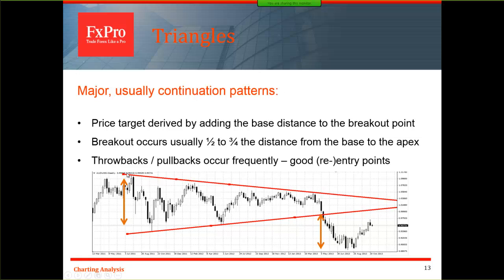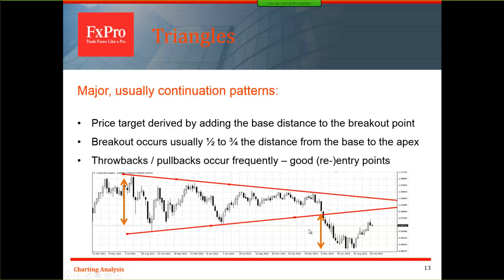So we've got here 2 trend lines that are connected. We've got lower highs, as we can see here, and we also have higher lows. So these 2 trend lines create a triangle you see here, and the price target derived from the triangle is the height of the triangle projected from the breakout point. So we had a breakout here from the triangle, and basically this is what your price target is.